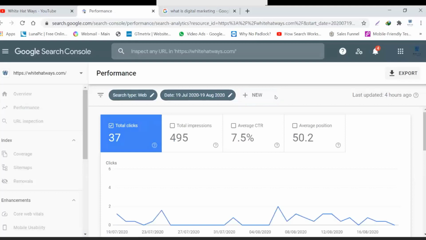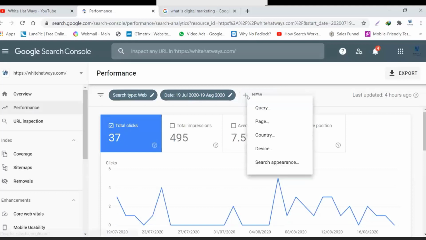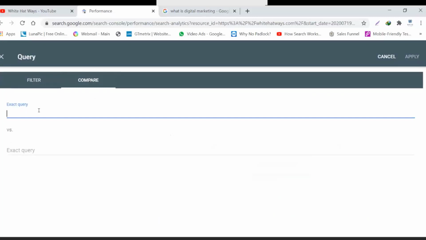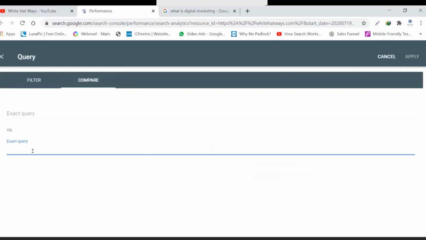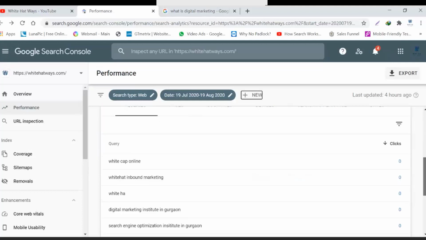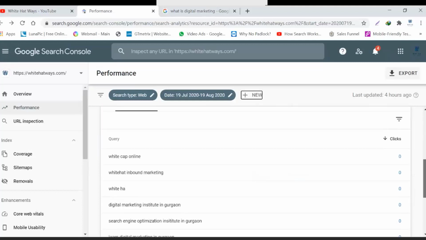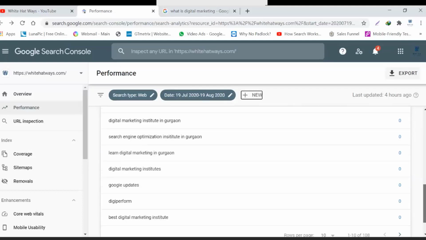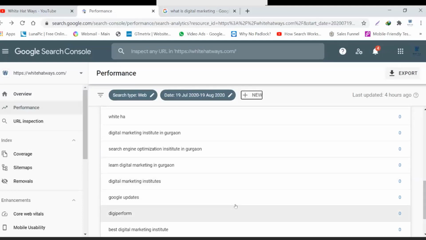Similarly, just click on new query. You can go ahead and compare between two kinds of queries: this exact query and this exact query. So you can take the two queries and see the data pertaining to them, and you can actually see how they are both performing as far as the clicks and impressions of the website go.